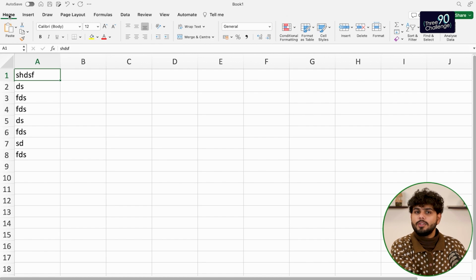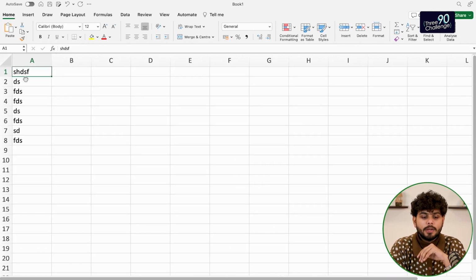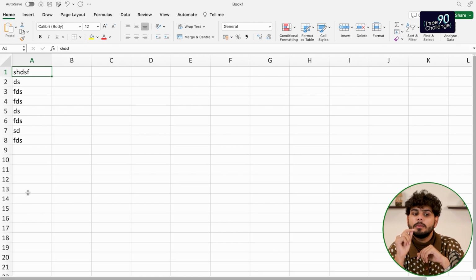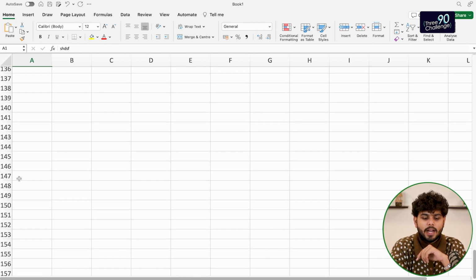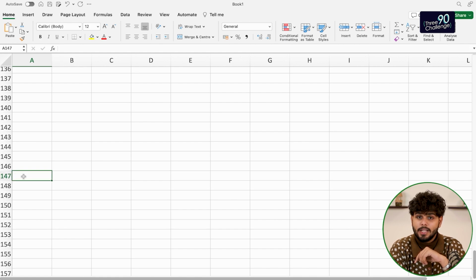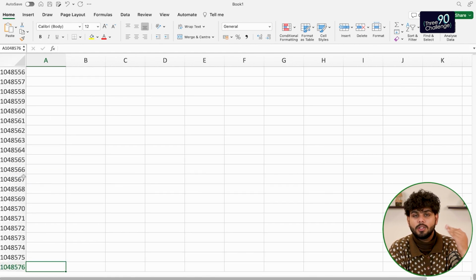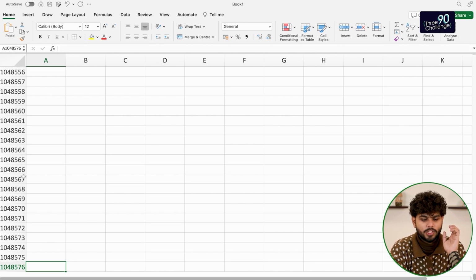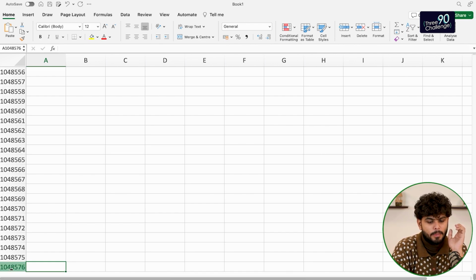Okay, so we are going to divide the session into multiple parts. The first part we are going to start with is the interface, and that's something we have discussed as well. Here we are having multiple rows. Every row has a number associated with it that you can see from here. So this is row number 1, 2, 3 and so on up to here. You can press command and arrow down, it will take you to the end. So on this particular sheet we are having 1 million